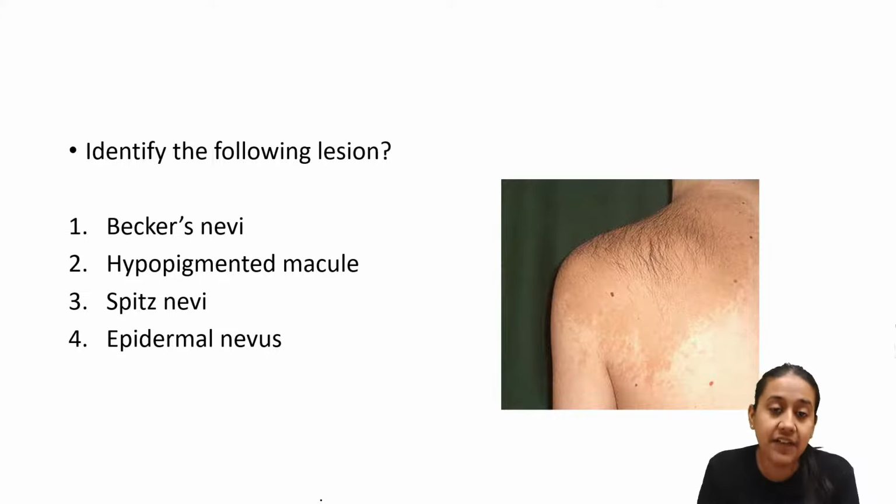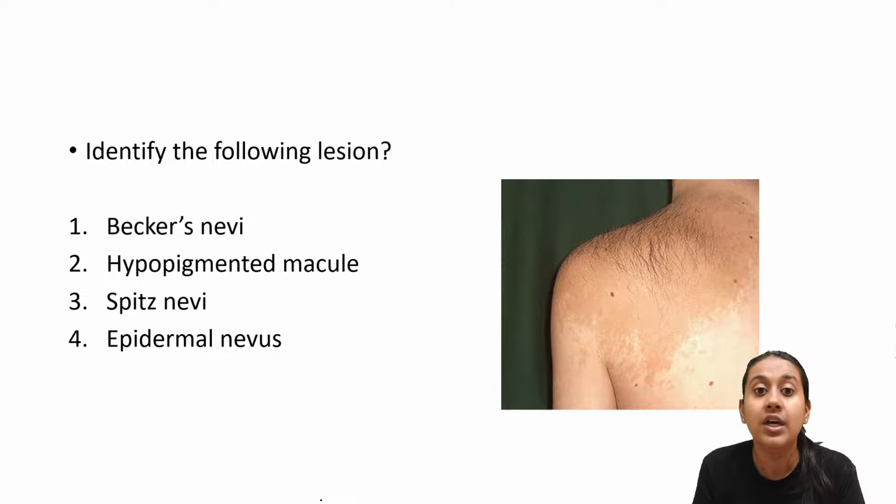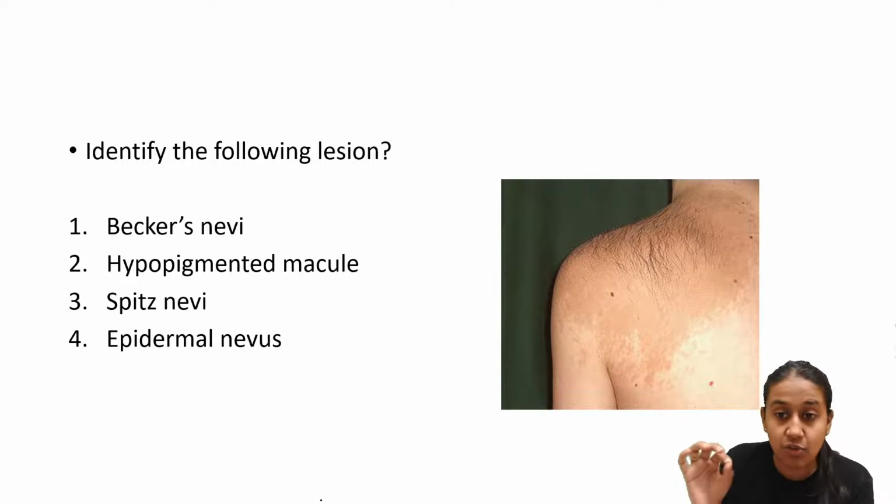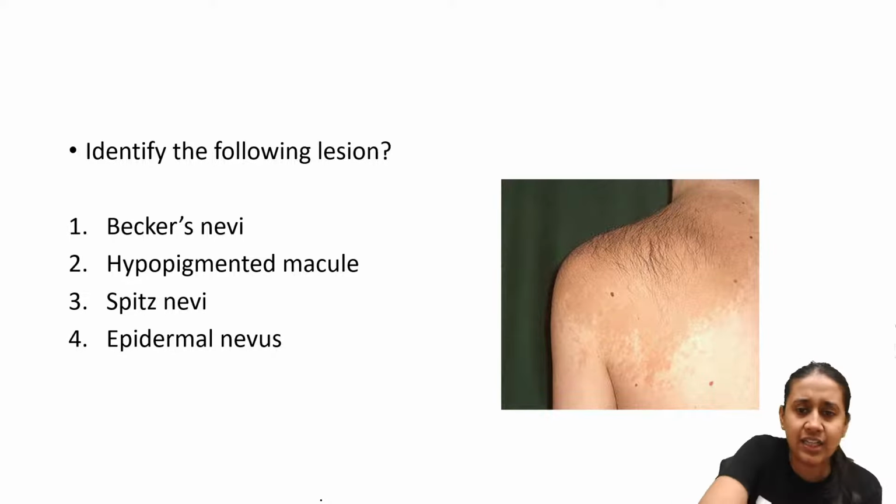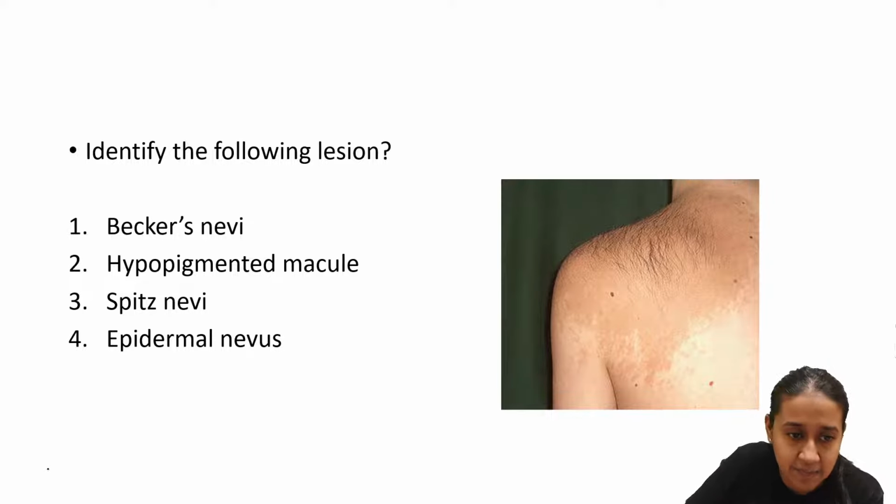Amazing. So identify the following lesions. You can see that the color of the lesion is brown. When it is brown color, you are sure that you are dealing with an epidermal melanocytic proliferation. It could not be Becker's nevus. It could not be the nevus of Ota. It could not be the nevus of Ito or Mongolian spot, because all the three are the examples of the dermal pigment. But here you can see that it is brown in color, and can you appreciate this increase in the hair?